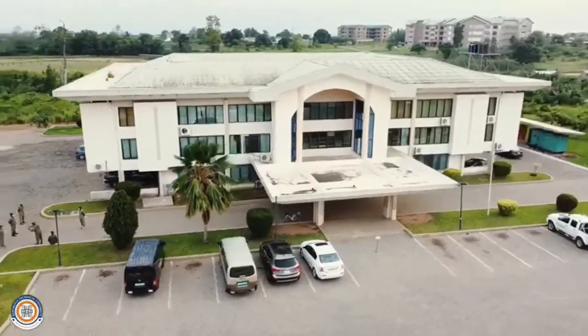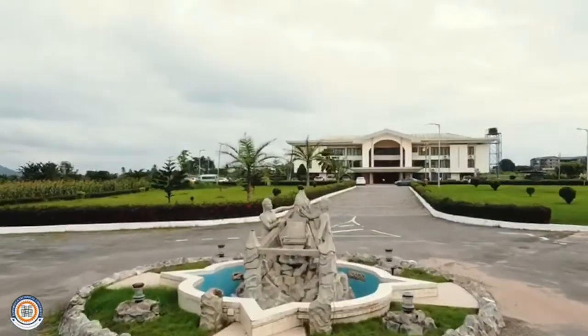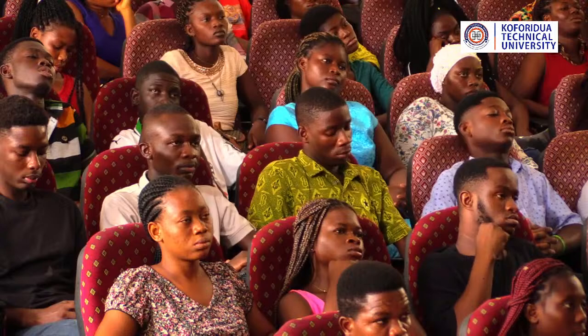Good. So let's try and do some calculation about what our GPA, our grade point is. Now, you realize that the table we looked at has a letter grade and also a numerical value. Are you with me? So depending on whichever mark you get, you have a letter grade and then the numerical value. So, for instance, whichever course you are pursuing,